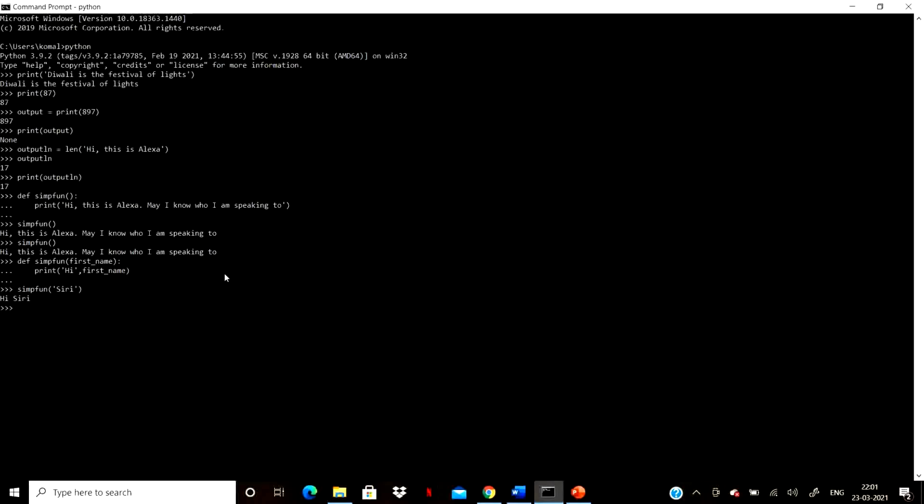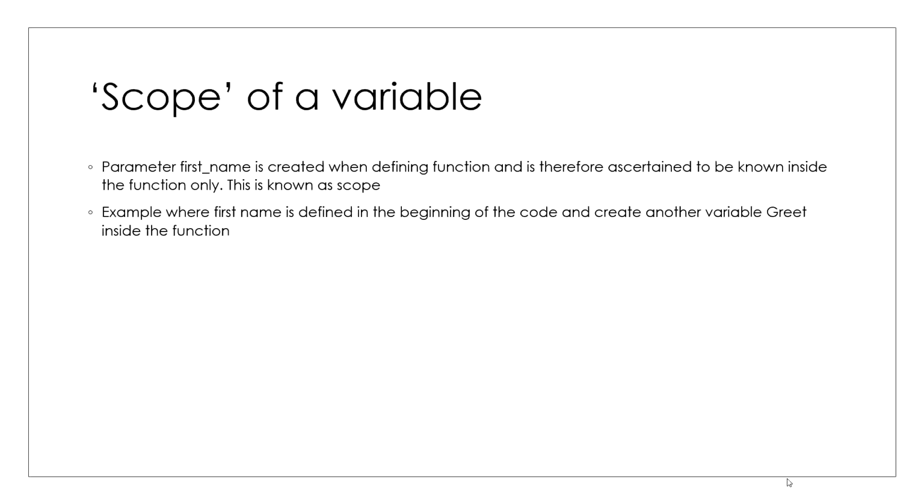First name is the parameter taken in by the function simpfun, and the actual value which is given to the function, it is the argument. Variable first name is the parameter. Next is the scope of a variable. Parameter first name is created when defining function simpfun and is therefore known inside the function only.